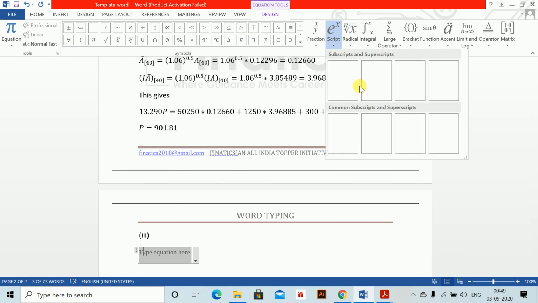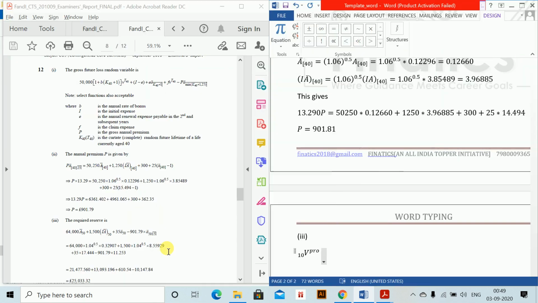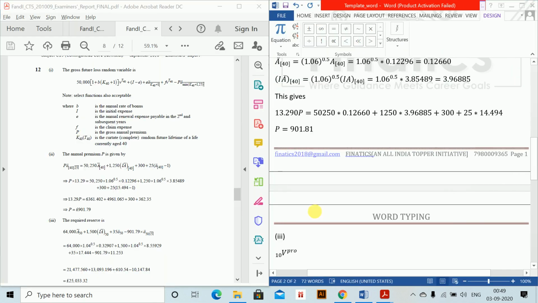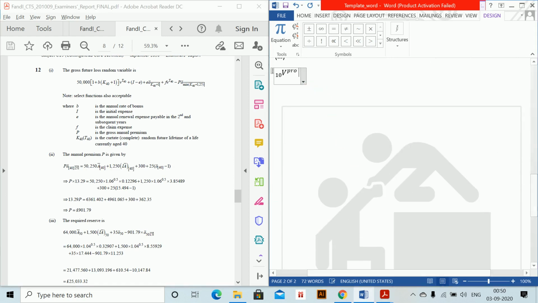So I'll take this, give a space 10V and to the power Pro. Okay, this is completely optional, you can just leave this portion as normal 10V Pro also, or you can save this and keep it. Okay, 50,000 plus 13750 plus 250